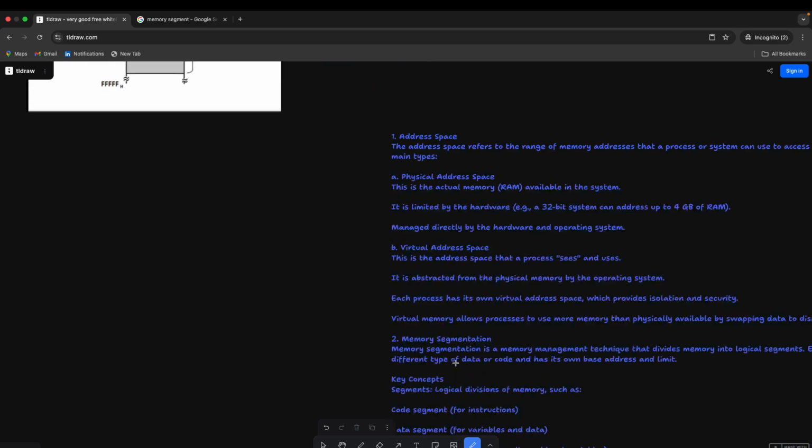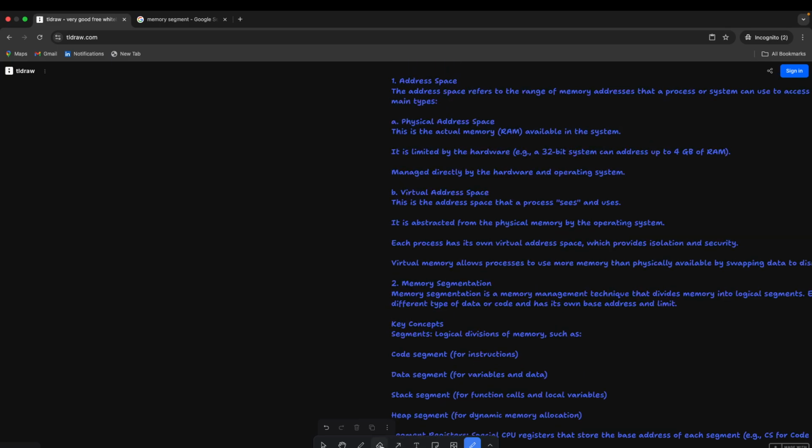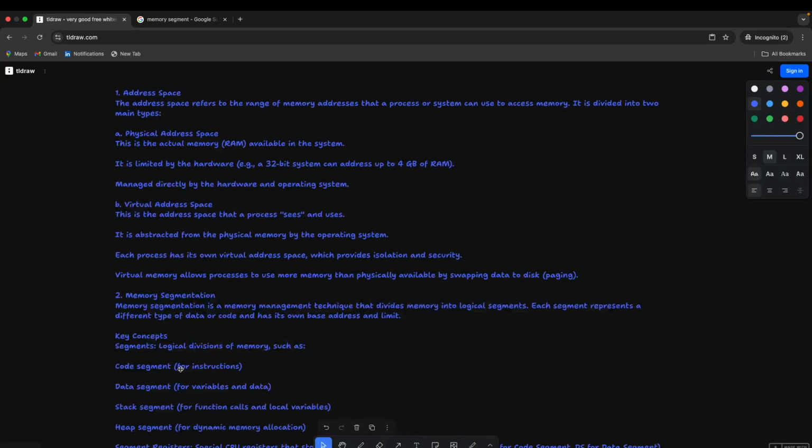Okay, so this is what memory segmentation is. Technically we call it the address space. Every program will have its own memory segmentation and get its own address space. By address space we mean the range of memory addresses that a process or a system can use to access the memory.